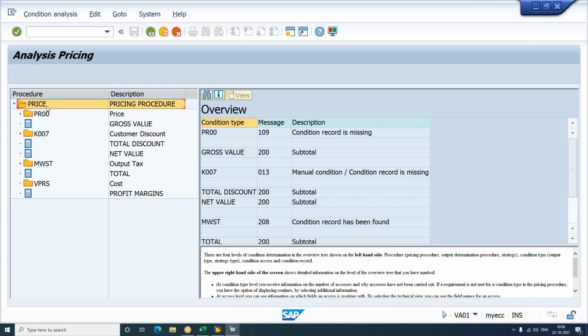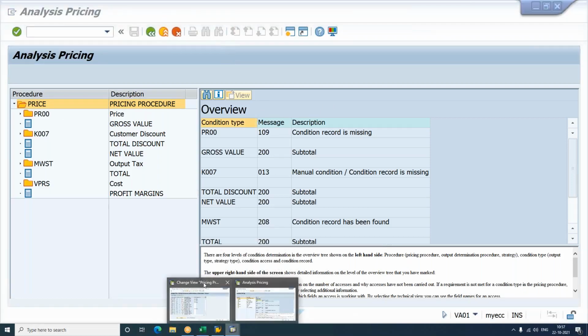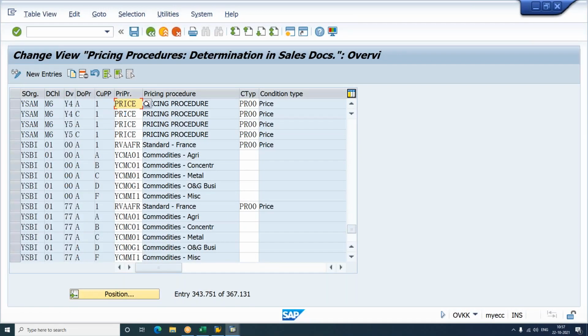So that's the first thing you need to know: how we are going to replace the standard with the customized pricing procedure. So here we are not working with the standard, we are working with the customized one. OVKK is the transaction code where we assign what pricing procedure we need to use for running the transaction